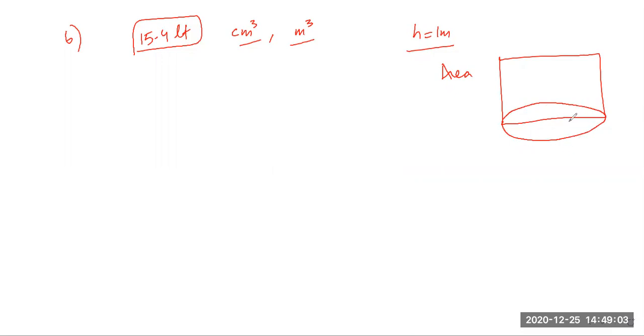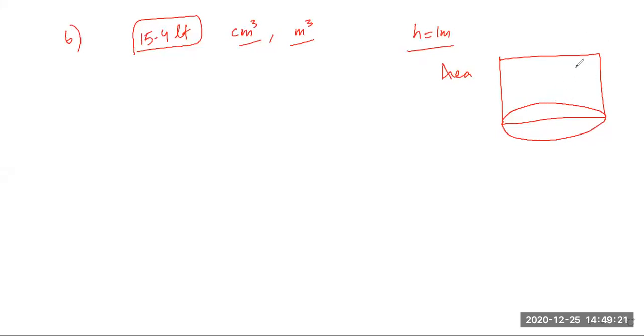If the base is not there, how will the water be contained? It will flow out. Very good, Sargun. But it is not a solid cylinder. It's a hollow cylinder with the base. The top is not there. Otherwise, if the top is there, how will you put the liquid?